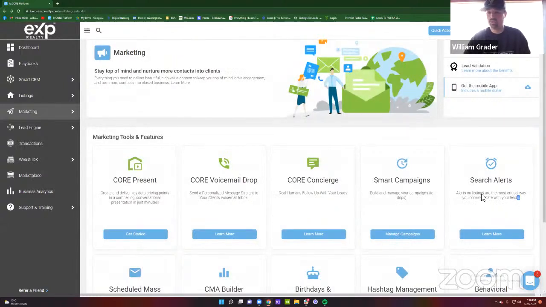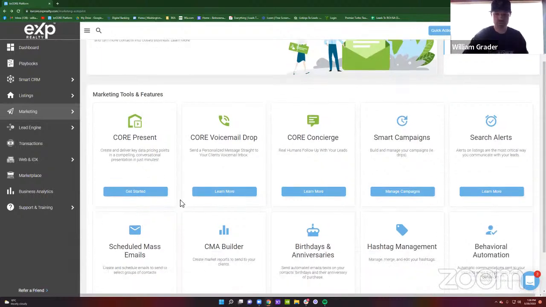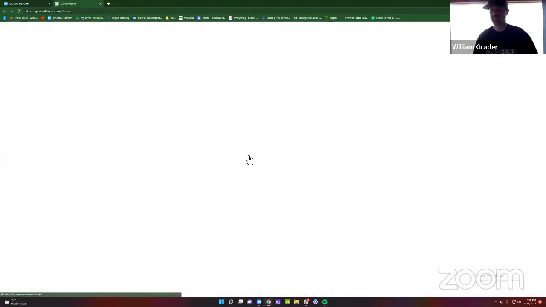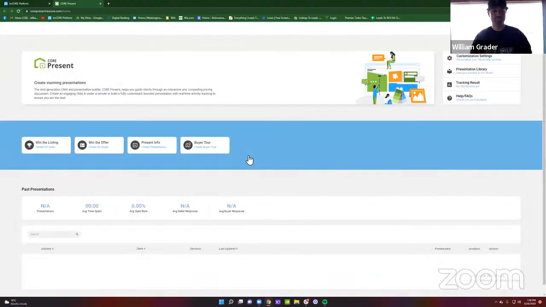We've already gone over search alerts, the hashtags and everything we've shown in previous setups. KV Core Present. Okay, so I learned a little bit about this platform or this section, and this is something that is very unique and I like. Okay, KV Core did a really cool job on this, and